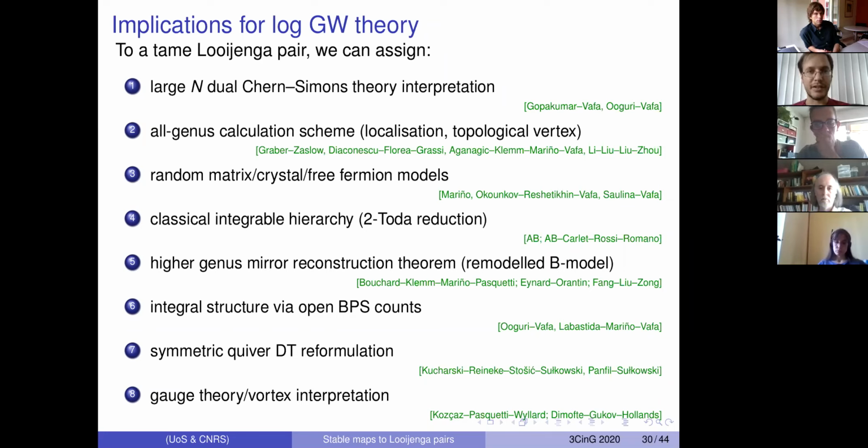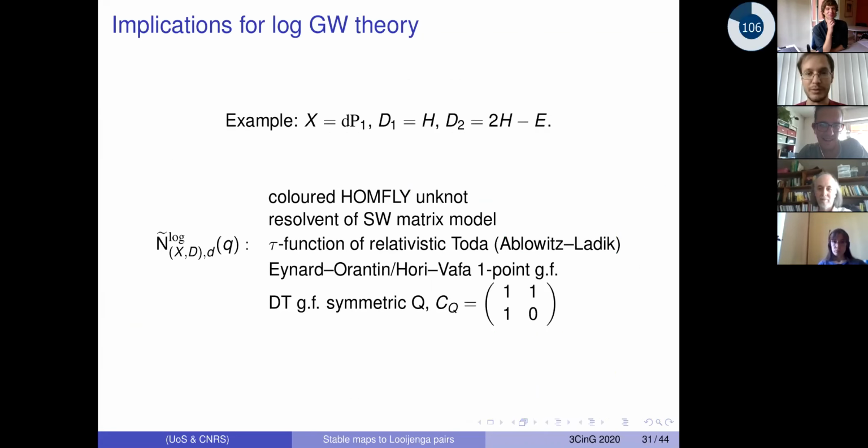So I'm slightly ashamed of having put up this slide. This sounds a little bit like a used car salesman slide, but if anybody questions your interdisciplinary credentials at a research council, you're free to use this slide, because all these points are actually true and most of them are useful. So one example is if you take a net Looijenga pair given by X, the blow